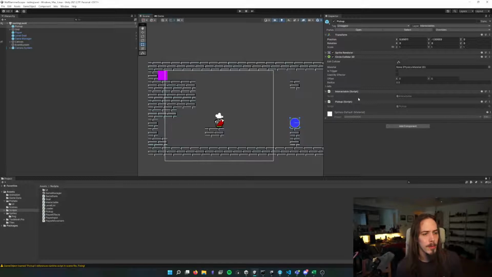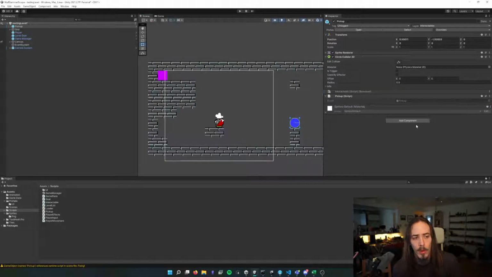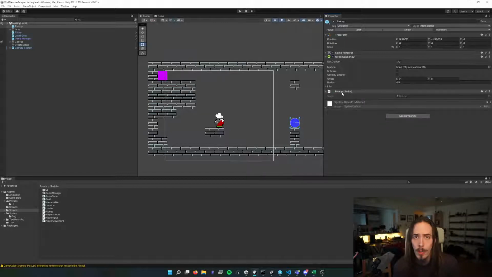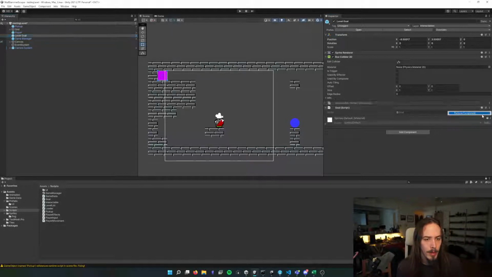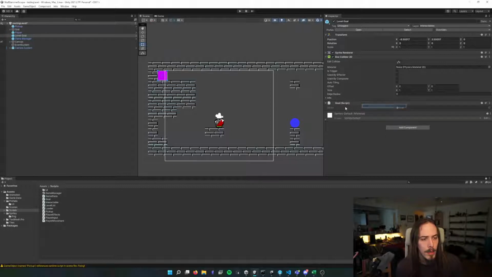Here on the pickup script, this Interactable component, if I did make that abstract, this would give me a nice error and I would know how to fix it and remove it. But now I know to remove it. We'll apply that to the prefab, and it's just a pickup. And we go to the level goal, and we can get rid of this removed object because this goal is the Interactable. It is a MonoBehaviour and it is an Interactable. So the player,